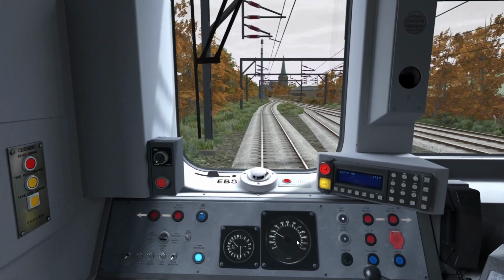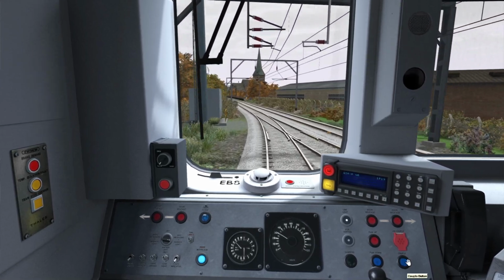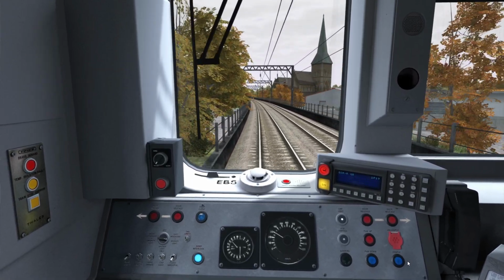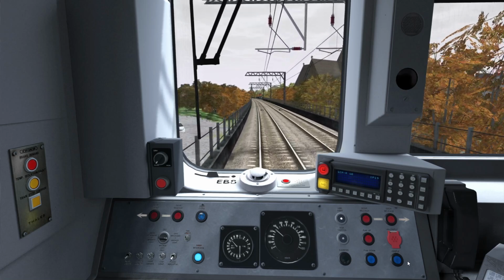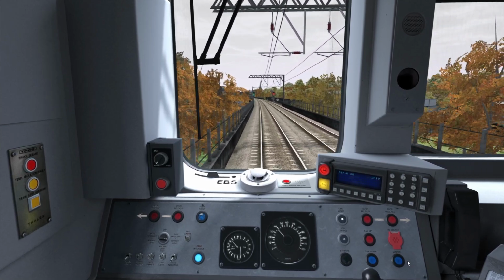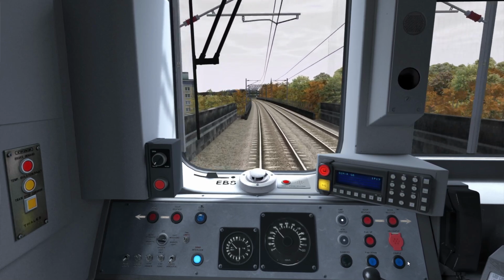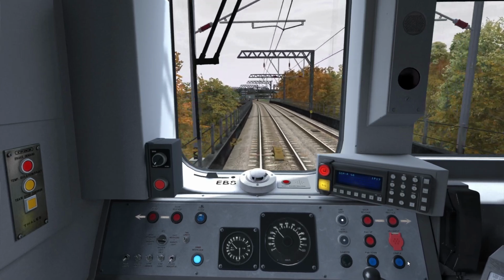And as soon as we hit the main line, the line speed goes up to a 60, but there's no point in us accelerating because we're really close to Paisley Gilmour Street. So you see there's the 60 post to remind us. Give it a beat, and then take back notch 3. And again, we'll just go up to about 40 and stay there. We're trying to coast along. Coasting right along. Okay, we'll get to...